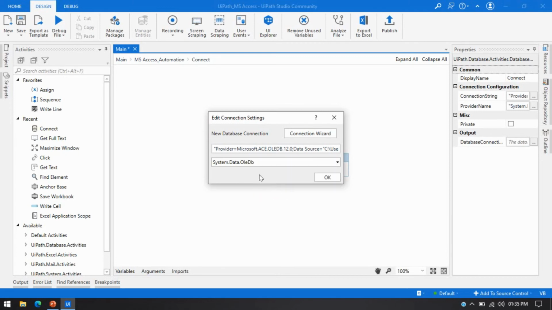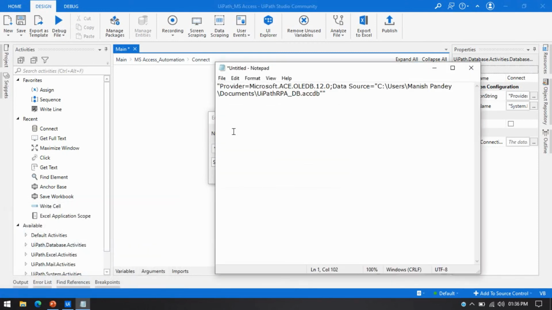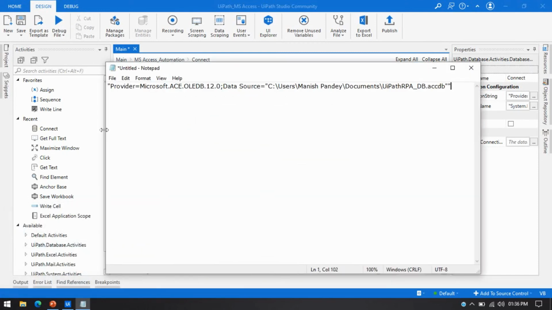Then you can select system.data.oledb from here. Now you can see this is our connection string. I can help you to understand this one. Let me open Notepad, and this is the connection string. You can also prepare it yourself. You can see here we have provider equal to, this is the provider that I have already shown you in the advanced tab.